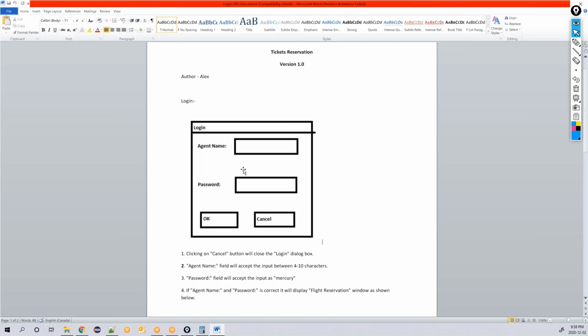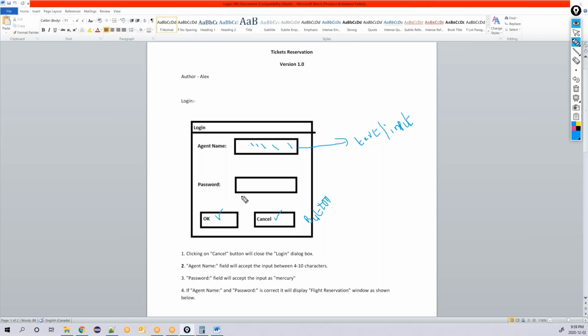So here you need to understand a few terminologies. This one where you are typing something, right? You can type something here, right? This one is called a text field, or it is also called an input field. And these are called buttons. This one and this one are buttons.